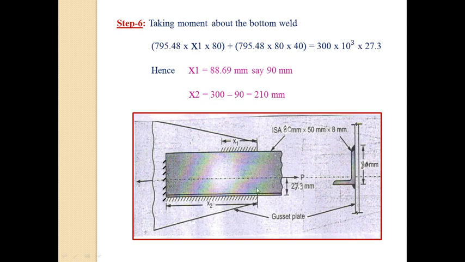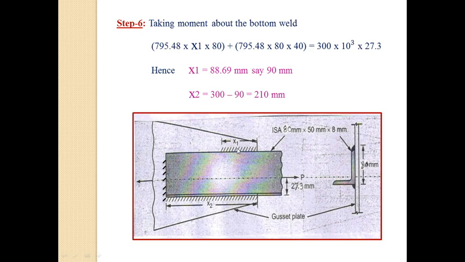Moment means load into perpendicular distance. So the load here is 795.48 into x1, and the distance is 80 mm. So 795.48 into x1 into 80, that is this perpendicular distance, plus